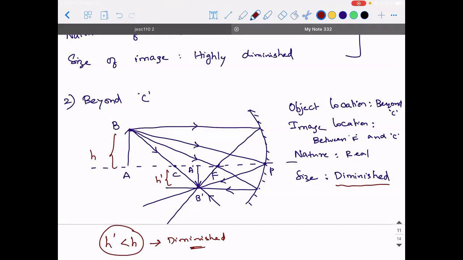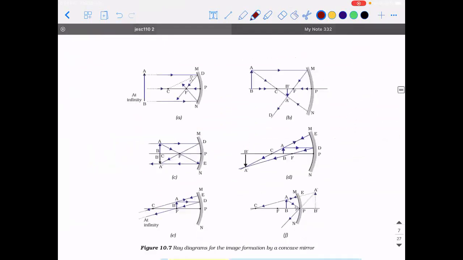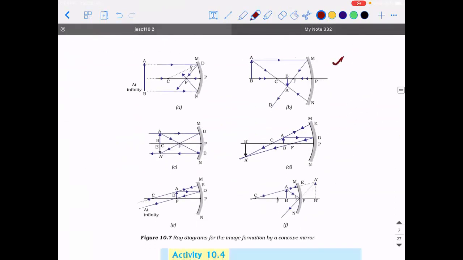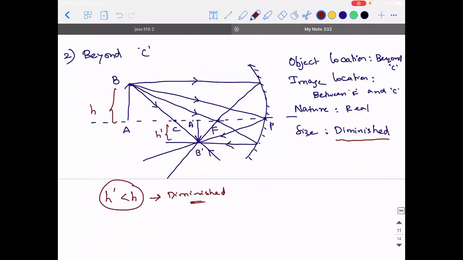Okay. So to make it more simple, I'll show you the textbook part. Listen to this. When the object is located beyond C, the first incident ray is taken parallel to the principal axis. The second is taken through the center of curvature, and they've located the image. I've taken all 4 so that you will understand whichever point you take, the answer will be the same.